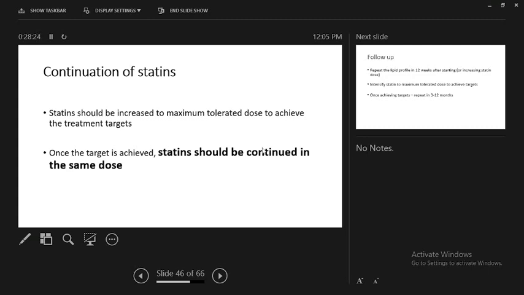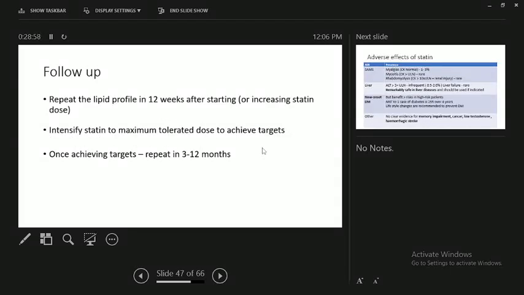But what is commonly happening in our clinic settings is that we look at the lipid profile, and not only the patients, the doctors also get alarmed when they see low LDL levels. Then they reduce the statin. Then the patient comes in the next year, or earlier, with another cardiovascular disease. So I request you all, do not reduce the statin dose if the patient has been started on statin for high CV risk.